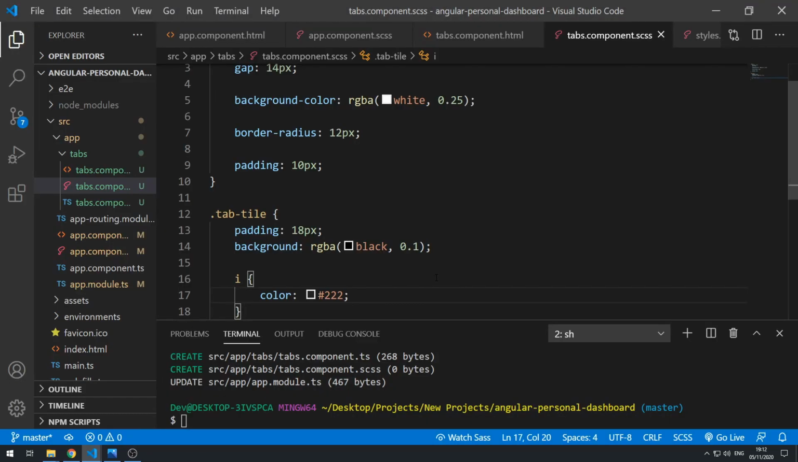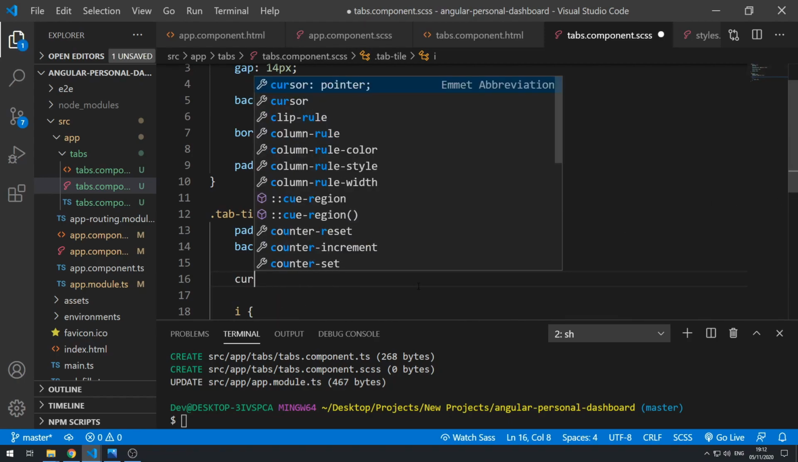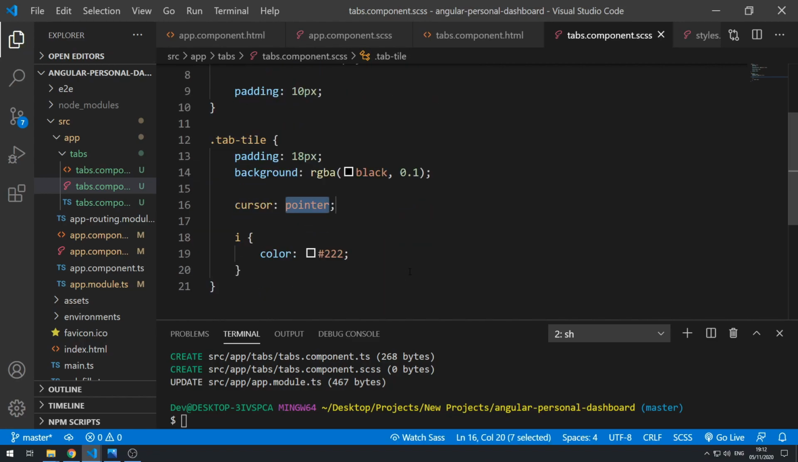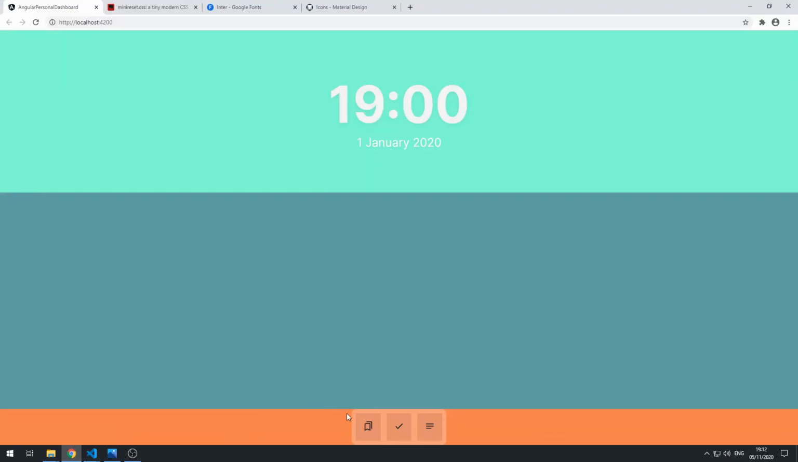Alright, okay, so let's get back to the code, and let's just set cursor to pointer here, and save that, so that these look clickable, like that. That's cool. And one thing I also want to do is make these flex, because if we inspect element here,